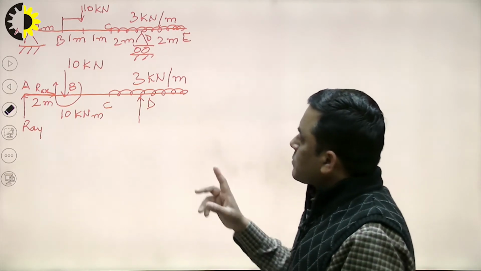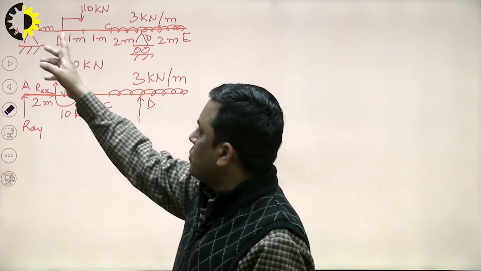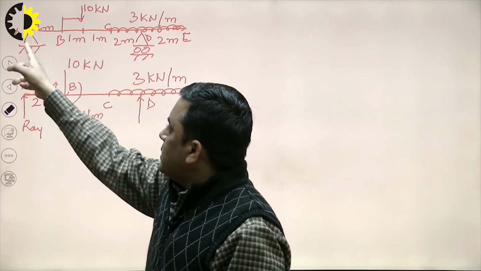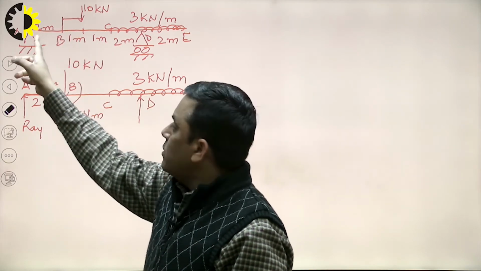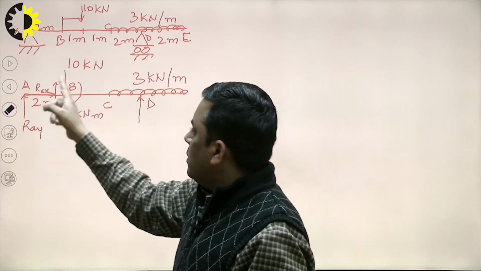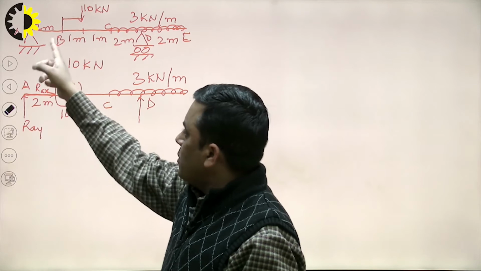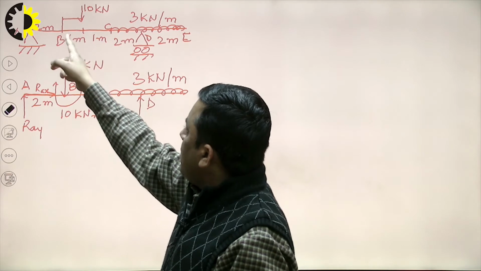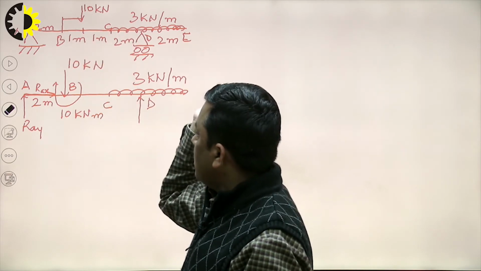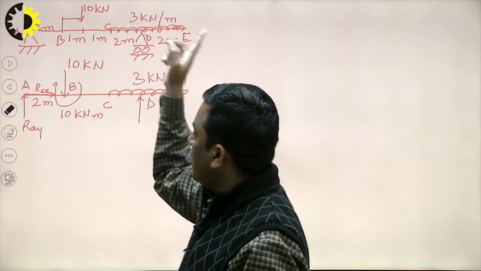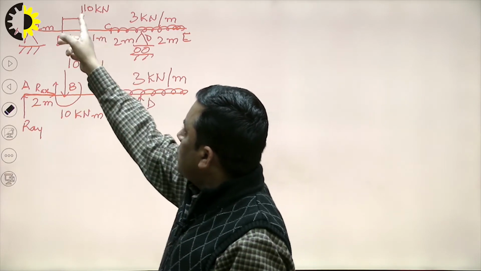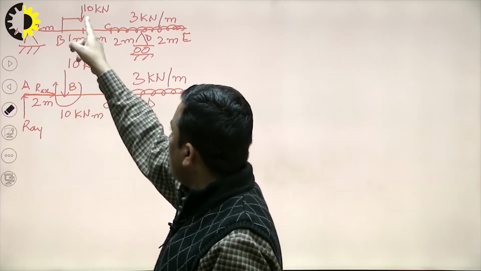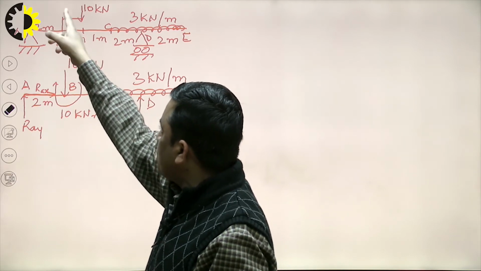First thing, we will try to convert it into a simple free body diagram. Removing the support, if I consider it as a hinge support, then definitely there will be two reaction forces here, RAX and RAY. So I replaced that support by RAX and RAY. At point B, there is a bracket arrangement, the length of the bracket is 1 meter, and the load is 10 kilonewton. Whenever I shift a force to a parallel position, here I am shifting this 10 kilonewton force to the parallel position at point B.